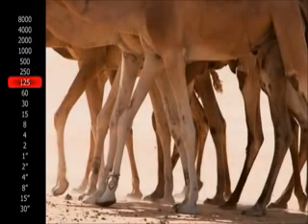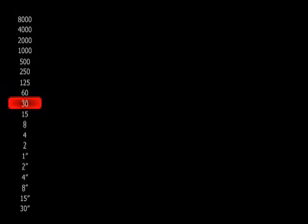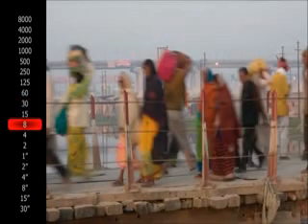125th, kind of a moderate shutter speed, is suitable for stopping some camels walking casually in the desert. When we go down to a 30th of a second, we're getting to a slower shutter speed. Here you can see that we've got a lot of blurriness because our subjects are moving very, very quickly. Down at 1/8 of a second, you'll notice that the bridge at the bottom of the frame is sharp and in focus because a tripod was used for this shot, but the people are blurry because they are walking